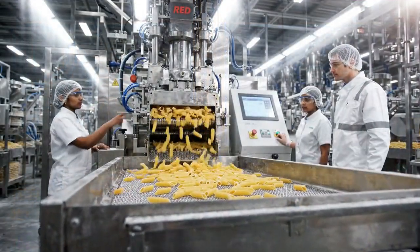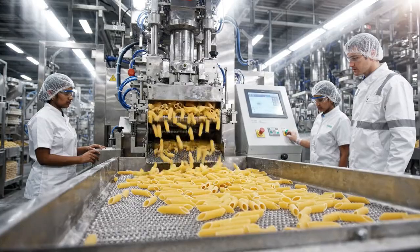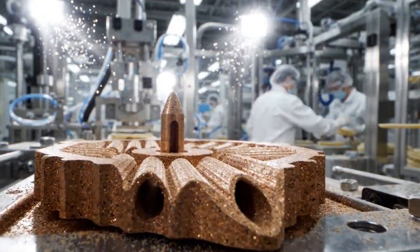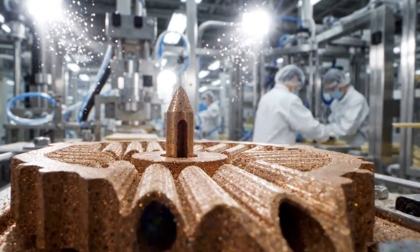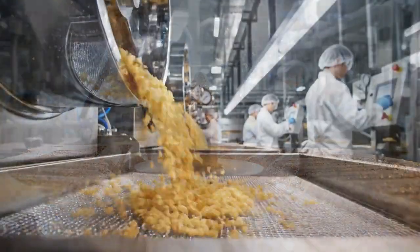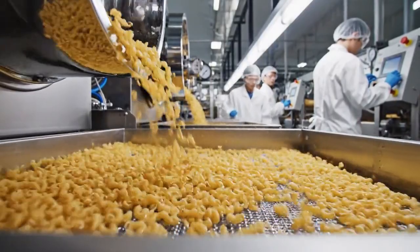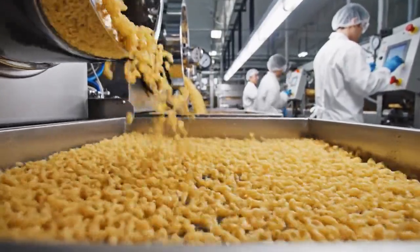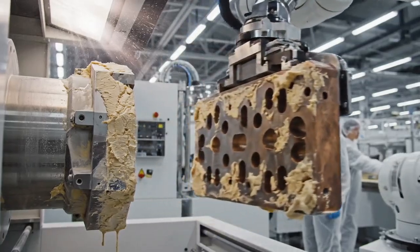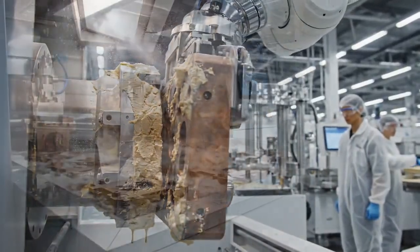Each of the 6 independent die stations can simultaneously produce a completely different pasta shape, from delicate angel hair to massive ridged rigatoni tubes. The complex internal pin and groove geometry of each bronze die plate requires months of precision artisan handcrafting by specialized Italian die-making master craftsmen. Die plates must be meticulously cleaned and inspected after every 8-hour production run to prevent microscopic buildup that would